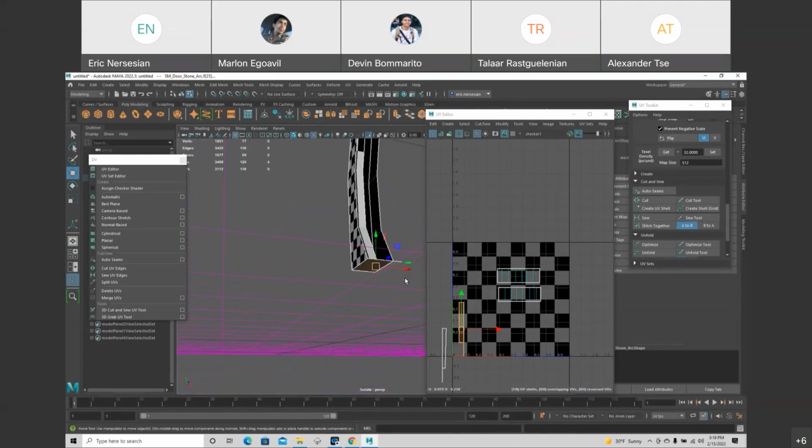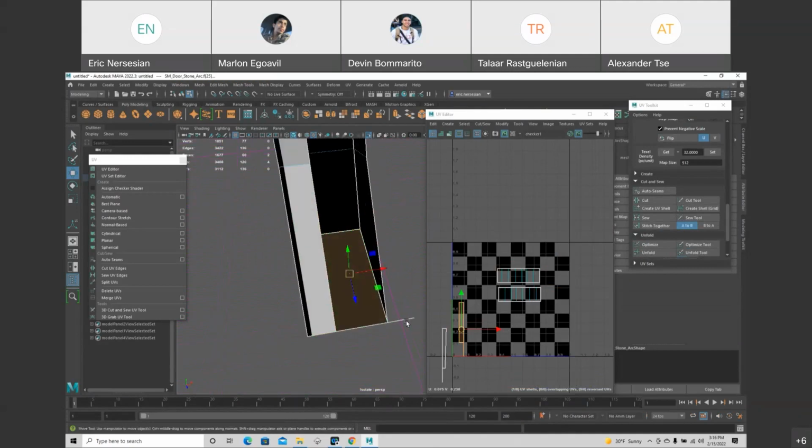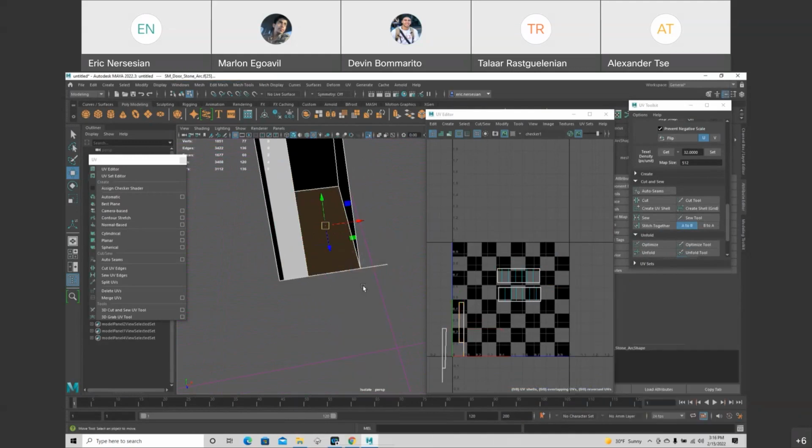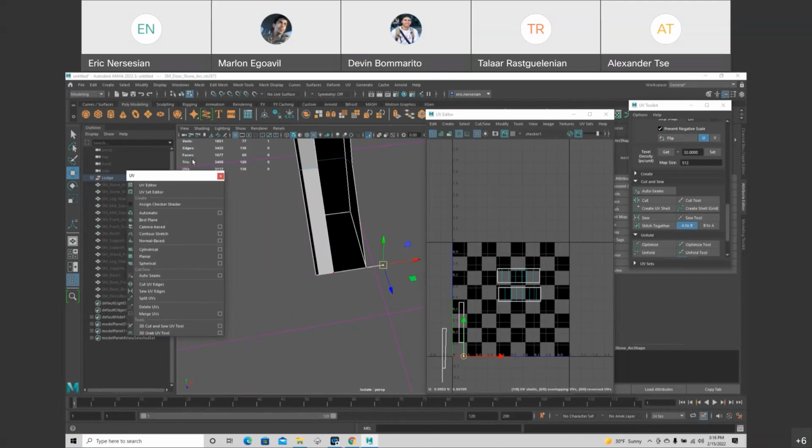Just the bottom foot. Now, one thing, before I complete the UVs on this thing, there's actually a modeling issue where this vertex is sitting way off here by himself. And it's not creating a polygon, it's just a line. So we have to fix that before I can complete the UVs. So I think I can just use a vertex weld tool.